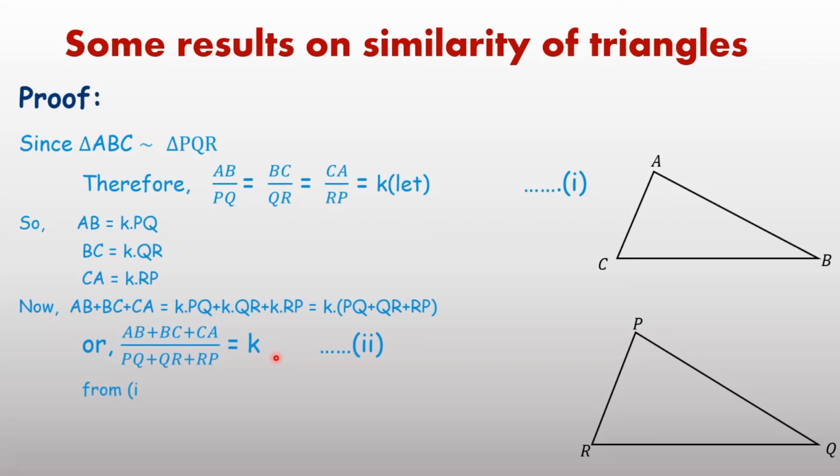From first and second combined, we can write the result as: the ratio of sides of similar triangles is equal to the ratio of perimeters of the two triangles. In this pattern, based on similarity of triangles, I have covered four results. First for medians, second for altitudes, third for angle bisector, and fourth for perimeter. Whenever required, you can apply these results in solving questions. I have not written these as questions, I have written these as results on similarity of triangles.